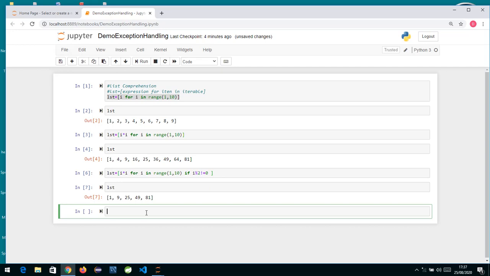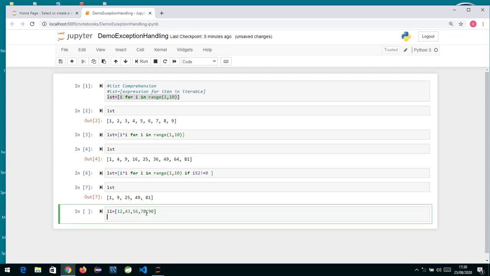Now suppose I want, if it is an even number, to keep it. Suppose we have a list L1 with some elements, 43, 56, 78 and 90. Now what I want to do is, if it's an even number, I will keep it as it is in the list, and if it's an odd number, I will increment it by 1, some logic like that. So I can write LST is equal to